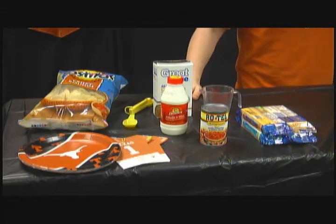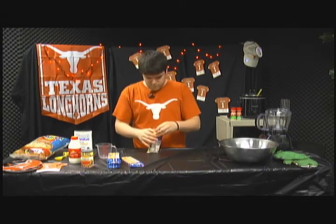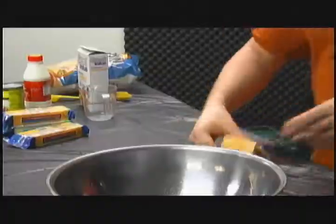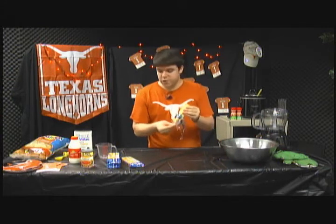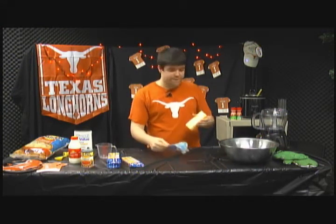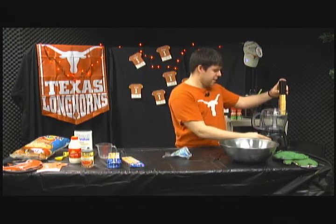So to get started, you're going to need to grate your cheese in the food processor, and you may be asking why you shred your own cheese instead of just buying bag cheese from the store. And to put it simply,